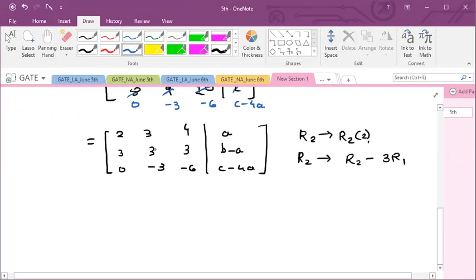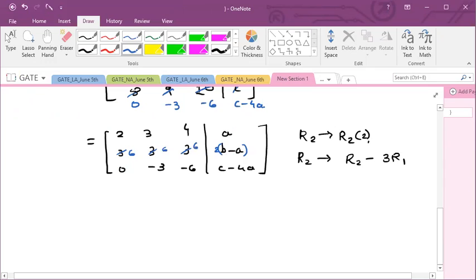Here you can take the LCM of these two. That is 6 definitely, and for that you can multiply this with any suitable number, that is 2, so that in result we get the LCM, and finally you can subtract. Or first you can make this one, and with the help of this one you can subtract the terms below. So this will become 6, 6, 6, and 2 times B minus A.